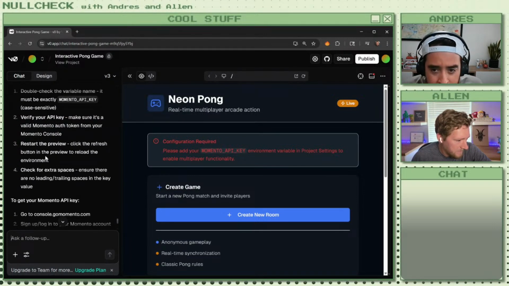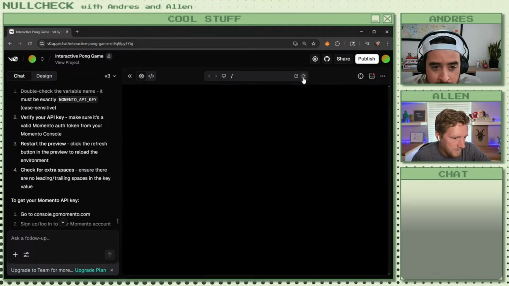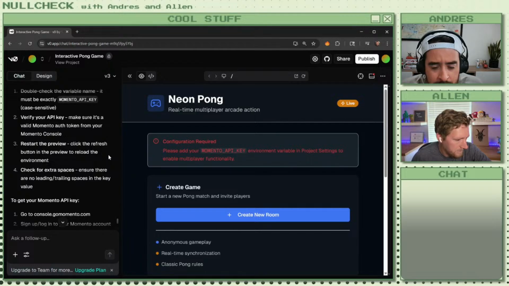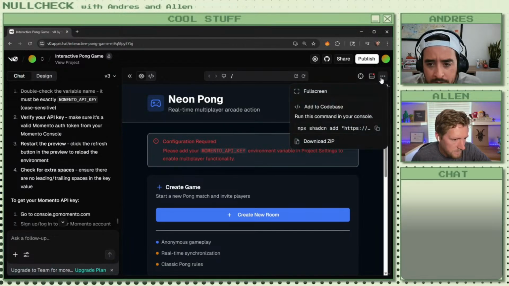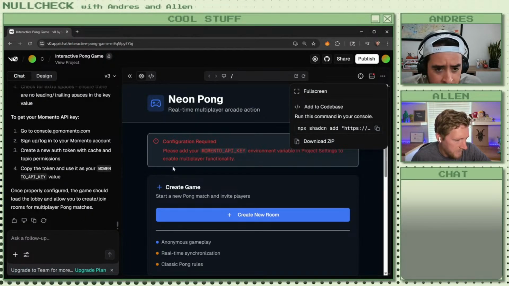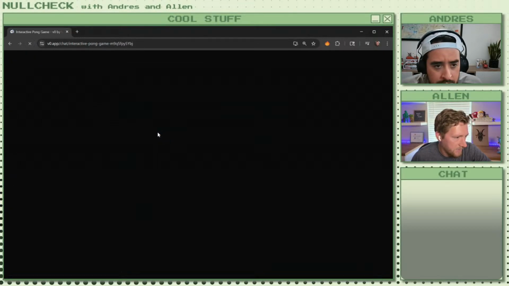Restart the preview. Maybe the 3 dots. And download. I wonder what happens with the full refresh. Let's see what happens. Yeah, I might as well try.